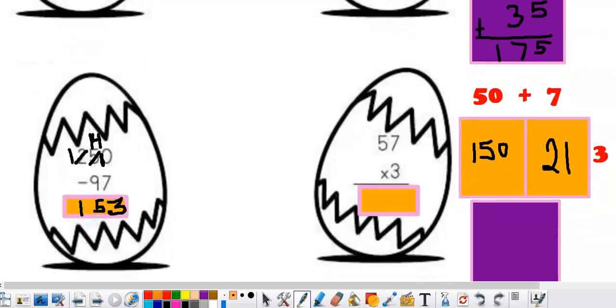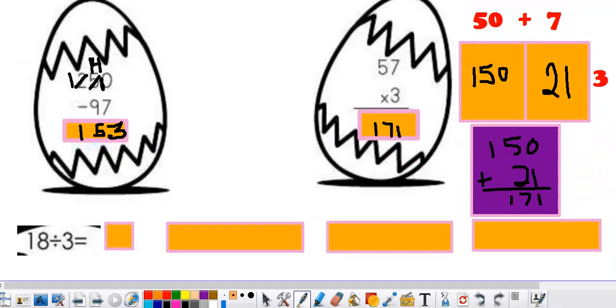Finally, I take my two partial products, 150 and 21, and add them together, which is going to give me my final product: a 1 in the ones, 5 plus 2 is 7, and a 1 in the hundreds. 171. As far as the math fact problems, as long as you know your fact families, you're going to be